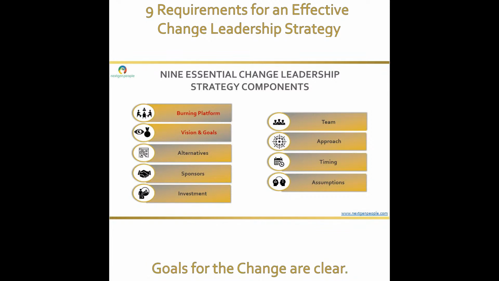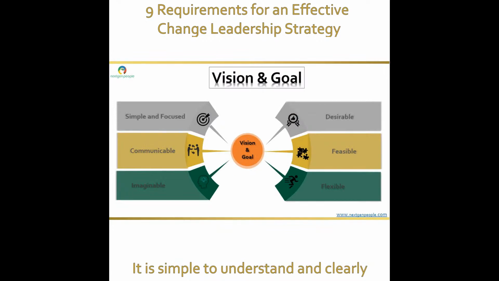Number 2 is ensuring that the vision and related goals for that change are clear to you and clear to everyone who is going to need to be a support in making the change happen. Borrowing from the wise words of Kotter, there are certain checklists that are needed to ensure that your vision is clear and it makes sense. It includes ensuring that it's simple to understand and it's clearly focused on a specific direction or thing.